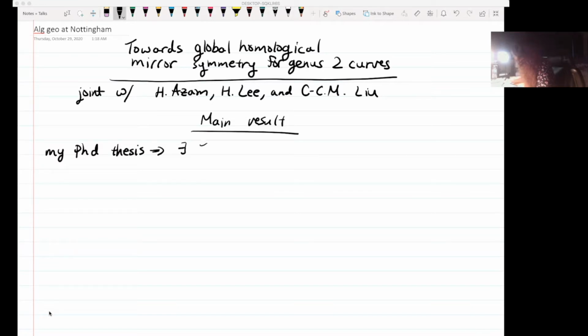There exists a functor from DP-Co of a one-parameter family of genus 2 curves